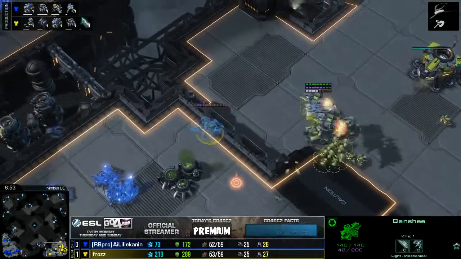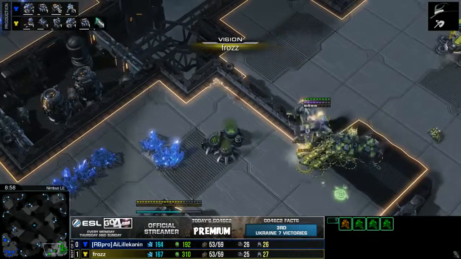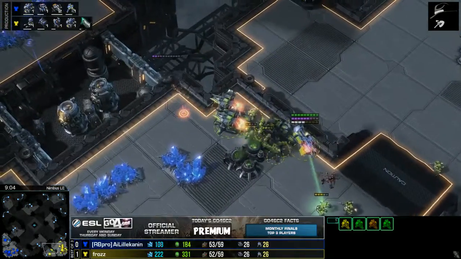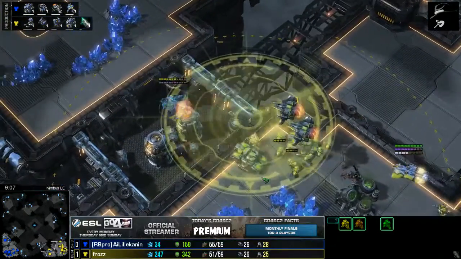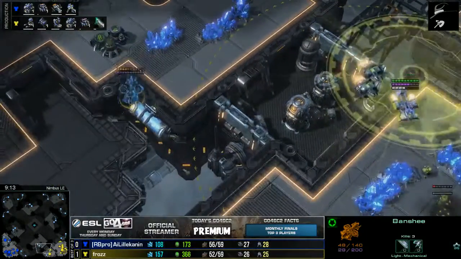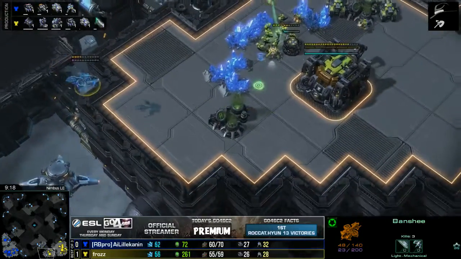And here comes the Banshee again. Has to be careful of not getting picked off. Frozz doesn't see it. Does he have enough for a scan, though? That is the question. He scans, but will not get it. Banshee will escape one volley away from dying from those two Vikings, and Lillekanin will just circle around and go